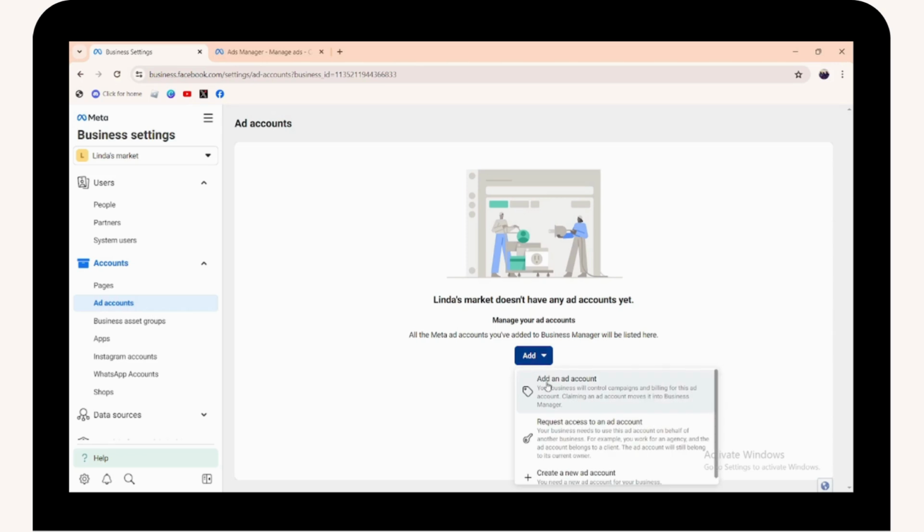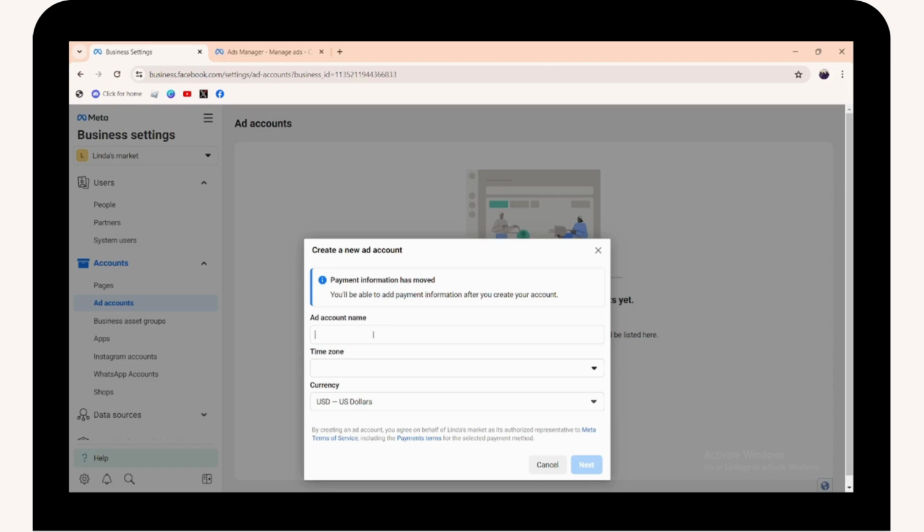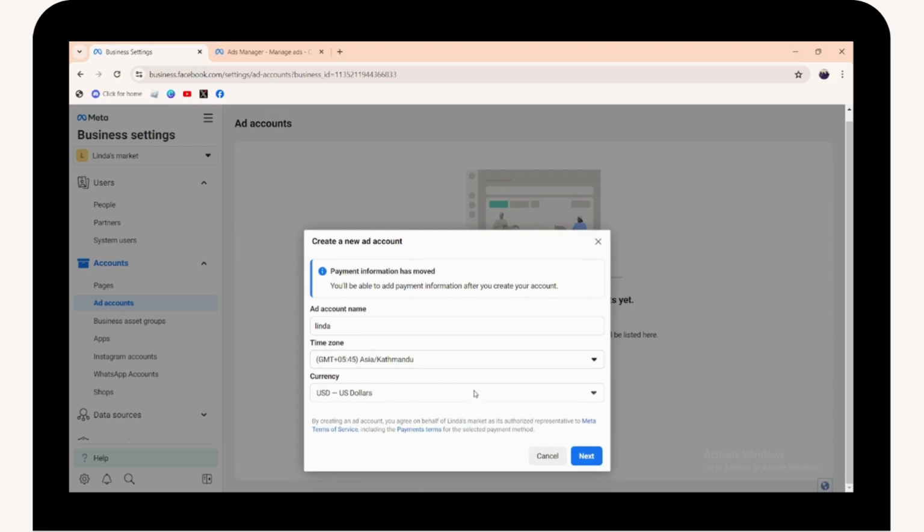So click on the add and then you can choose create a new ad account, and here you need to enter your account name or the ad account name, and then the time zone, you need to select the time zone. Once you've selected, you need to choose the currency, and once you've chosen the currency, now you need to